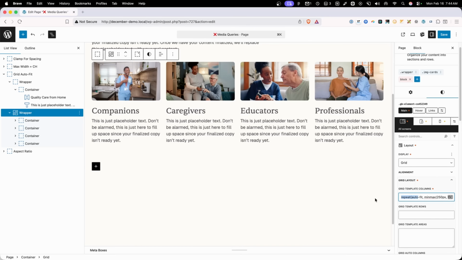And instead, we're going to paste in this new declaration, which is repeat, auto-fit, minmax 250 pixels, comma, 1FR. I know that's kind of hidden here. I'll make sure that that exact declaration is down in the description. But what this is doing is using an auto-fit to go ahead and determine the number of columns dynamically based on how much real estate is on the screen. Here we've set this to a minimum of 250 pixels,